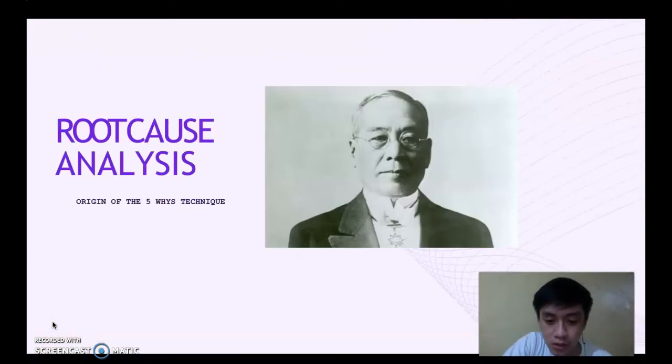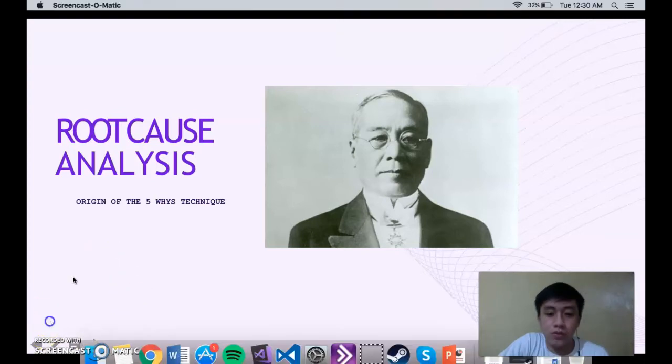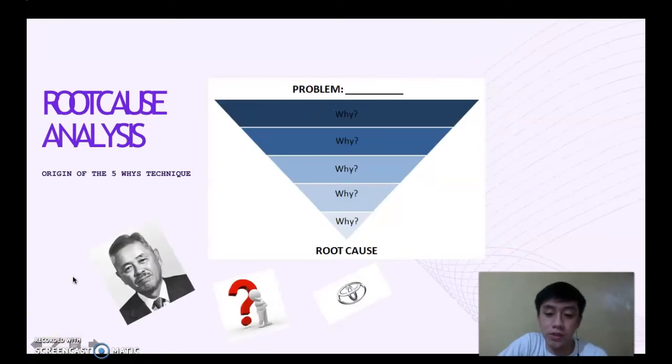Root cause analysis, the origin of the 5 whys technique. Sakichi Toyoda, a Japanese industrialist who is also the founder of Toyota Industries, developed the 5 whys technique. It was developed in the 1930s and became more popular in the 1970s. Sakichi Toyoda made an amazing tool. Toyota Industries still uses the technique that Sakichi Toyoda invented, and Taiichi Ohno also helped promote the use of this technique